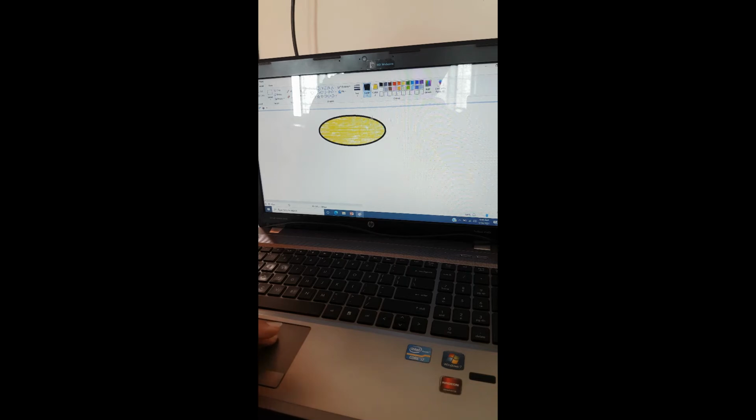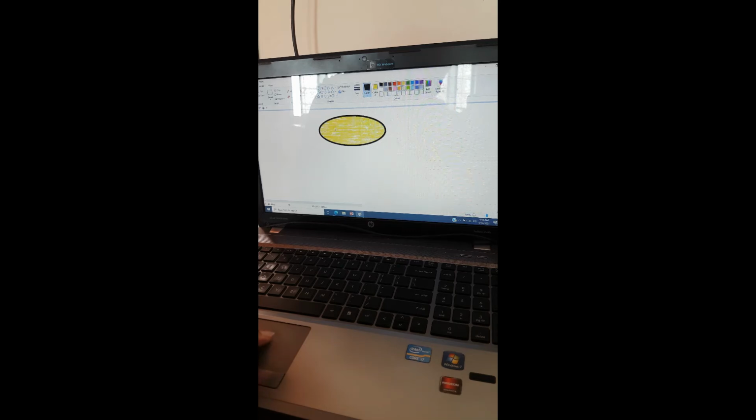See, the border color is solid black, and the inner effect of this shape is like a crayon. Got it?